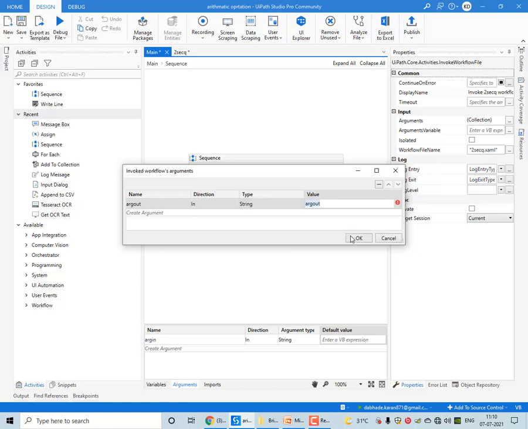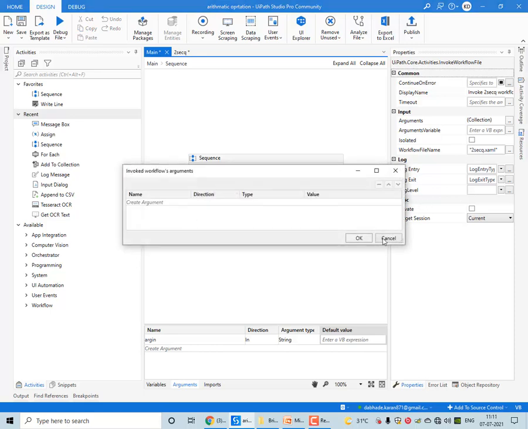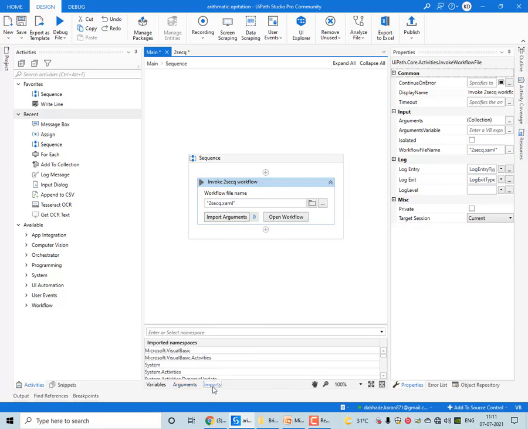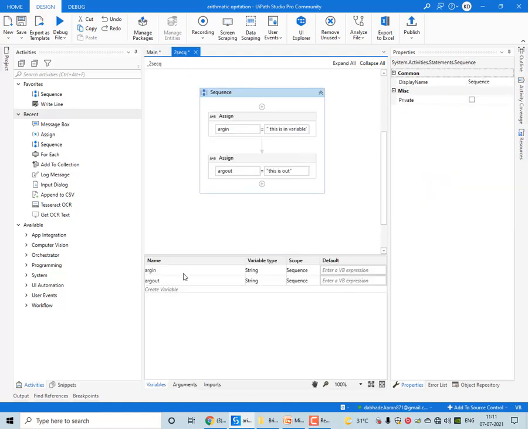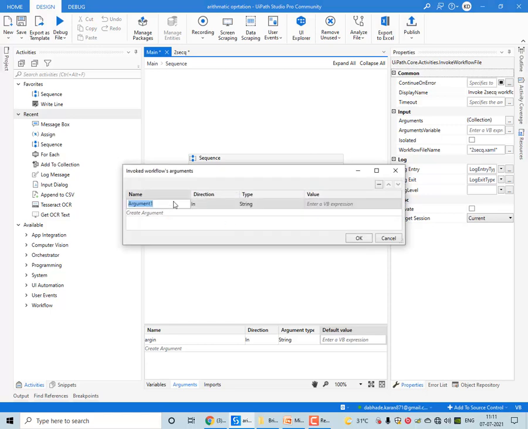Okay. So this way I have inputted argument in for invert. Okay. Similarly, again importing another variable, giving any name. Its direction should be out, and which are they?